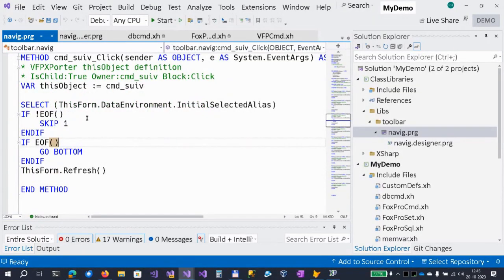And then if you call something on this command button, you basically get the same behavior as you got in FoxPro. It is a bit of a trick, and I'm not really sure what FoxPro does under the hood, because the click event is apparently an event on a subclass of the command button, but we don't see subclasses of the command button in the FoxPro code.